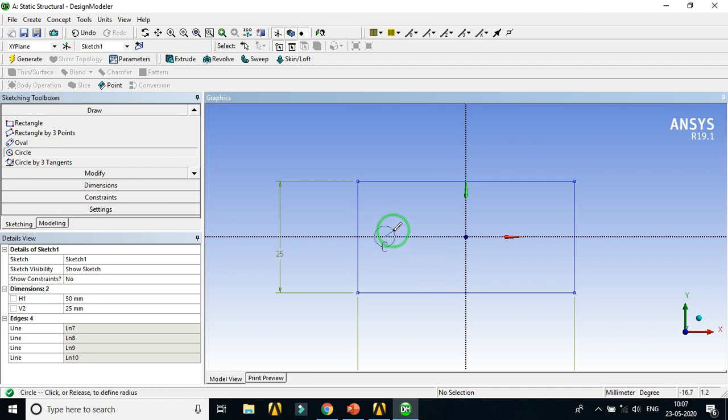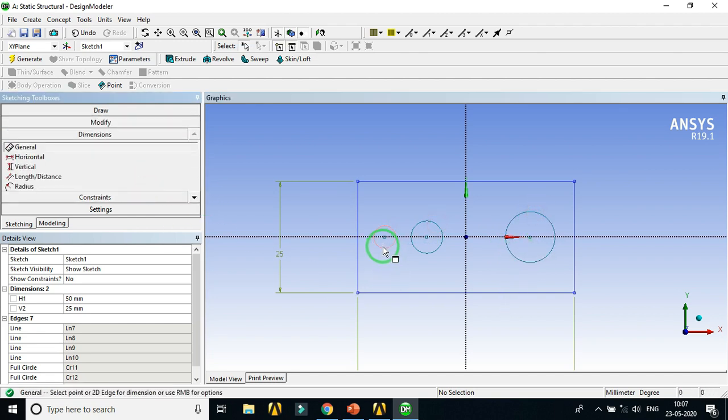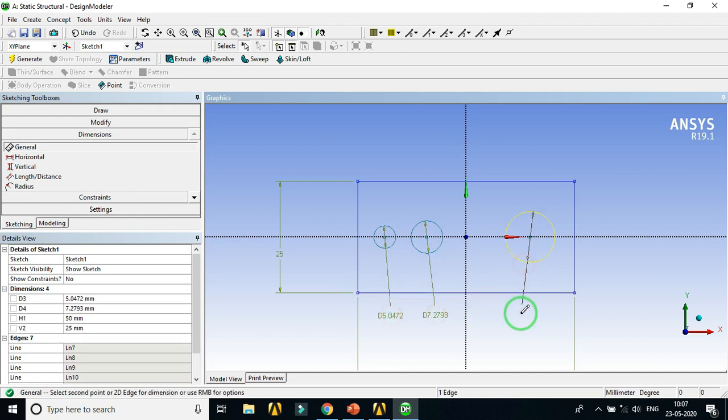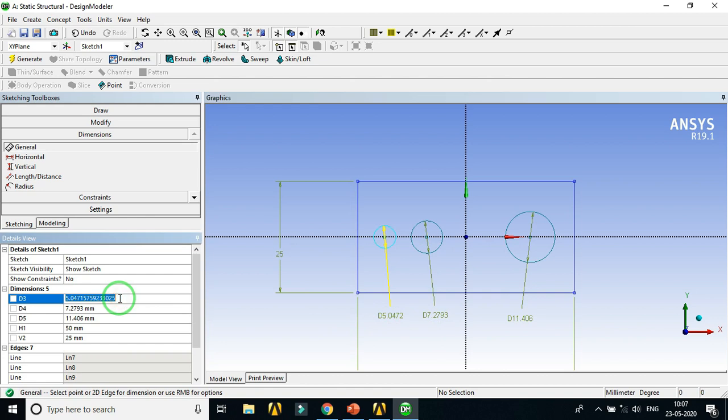Create a first circle, a second circle, and a third circle. Then give the diameters for the circles: this is 3 mm, next is 5 mm, and the last one is 10 mm.